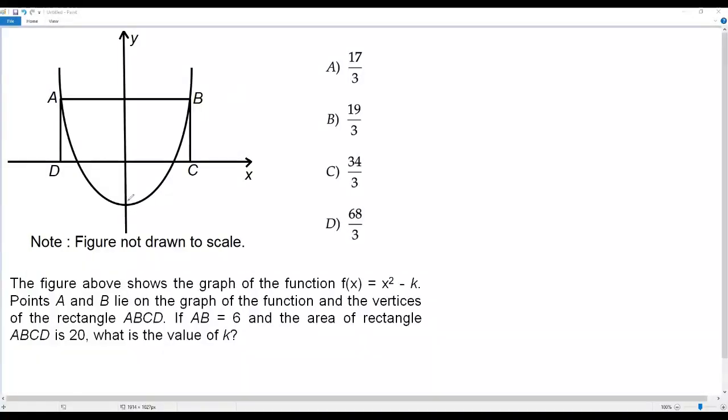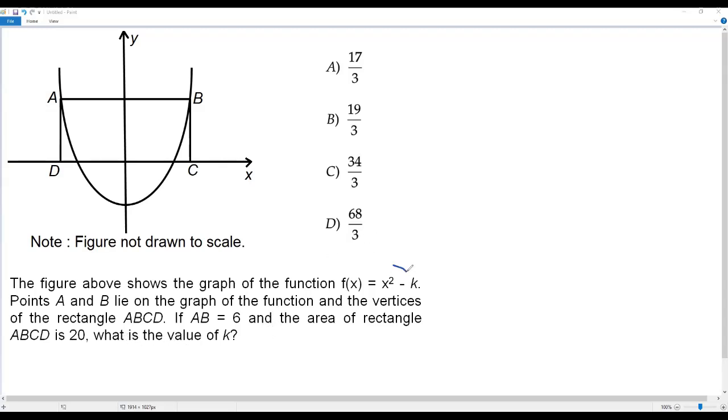Here we have a SAT math question. There is a figure given over here. The figure above shows the graph of the function f of x equals x squared minus k. Points A and B lie on the graph of the function and are vertices of the rectangle ABCD. If AB equals 6 and the area of the rectangle ABCD is 20, what is the value of